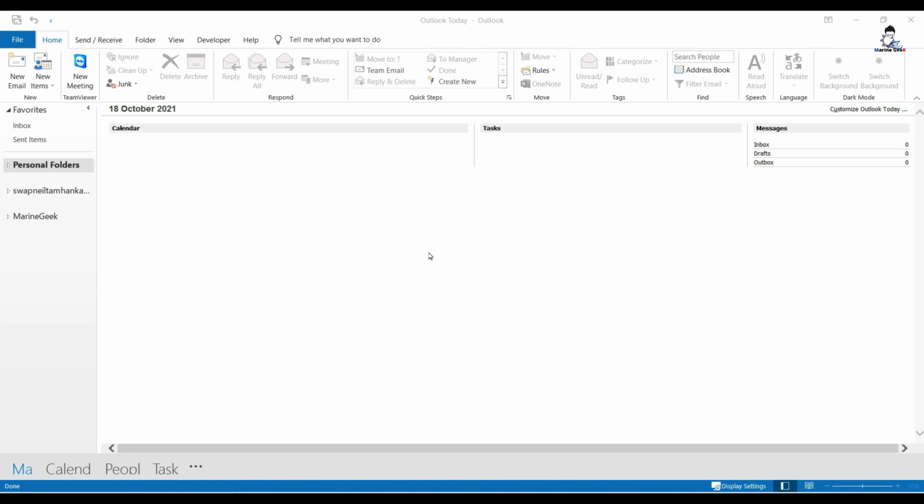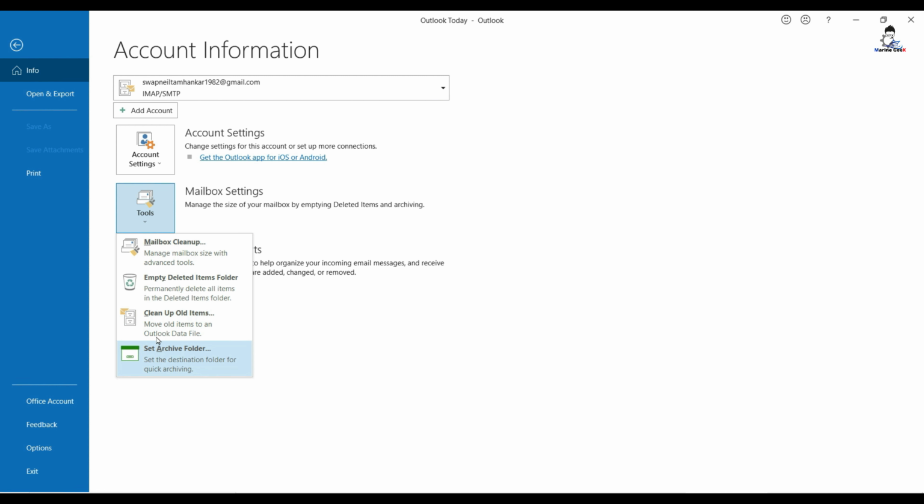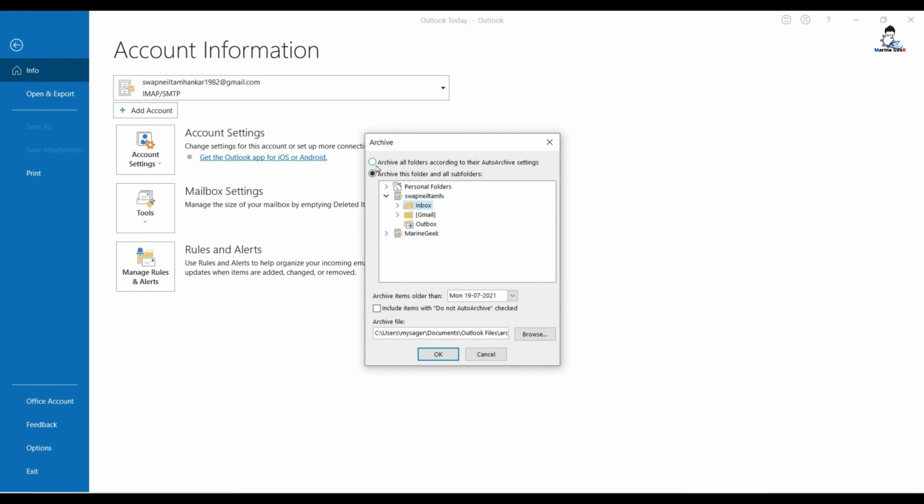So how to archive? Let's go to File, and over here click on Mailbox Settings, go to the third option, Cleanup, and you will be able to see the second option, that is, Archive manually. Select the particular email ID over here, not the folder.